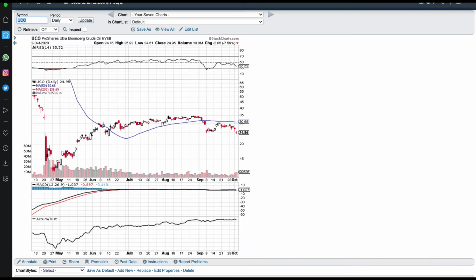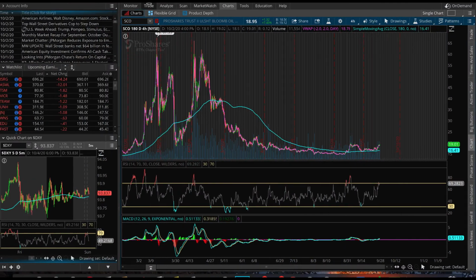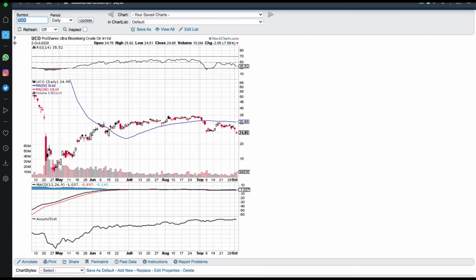So the tickers you're going to want to use if you want to trade oil, right? Maybe you don't want to trade volatility. These contracts are a little bit less liquid, I would say. So let's get into the alternate tickers you could be using to trade /CL, and that's going to be USO and UCO. Now, both of these are highly liquid.